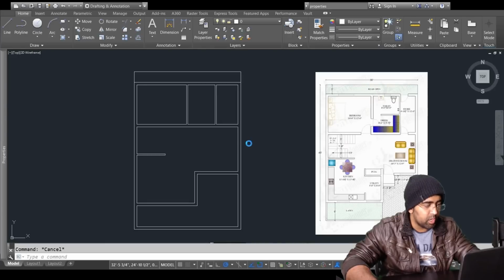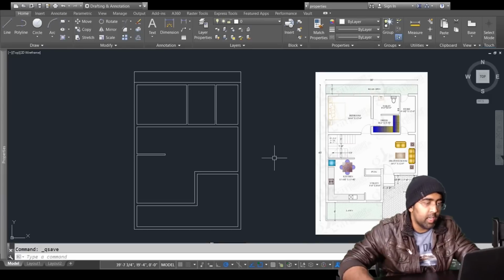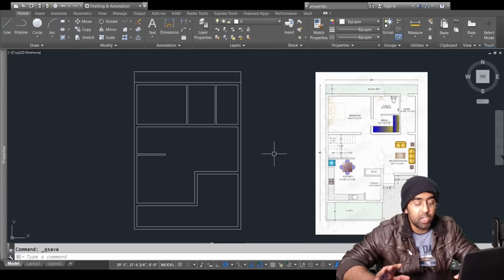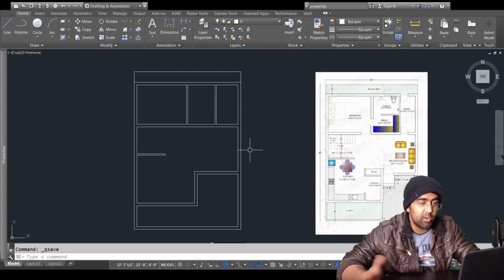Let me save this program, file, AutoCAD, save it. Make sure you save the project, because I've done this so many times that I've made half of the project and then my computer just crashed, AutoCAD just crashed, and I don't have the file anymore. Alright, so we have done that, and now